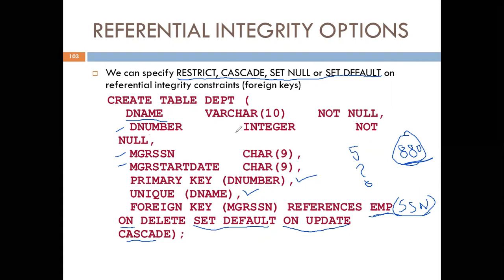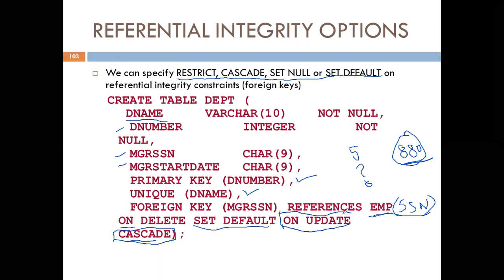So we need not change at two places. Such a condition is written using on update cascade. If manager SSN gets changed in the employee table, then automatically it gets changed in the department table also.